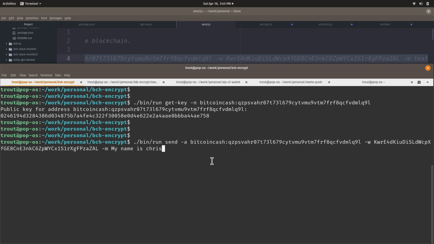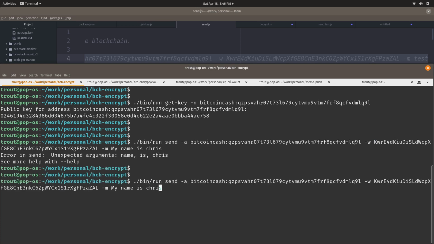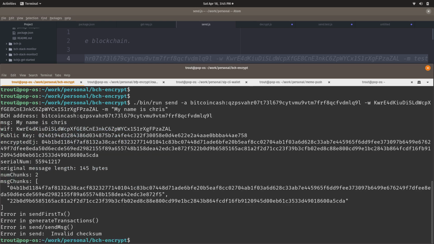Let's see if this works. Yeah, there's too many, so what I want to do is use quotes. Okay, so I'm encrypting it to this Bitcoin Cash address. That's the person who's going to be able to decrypt it. Here's the message, my name is Chris.